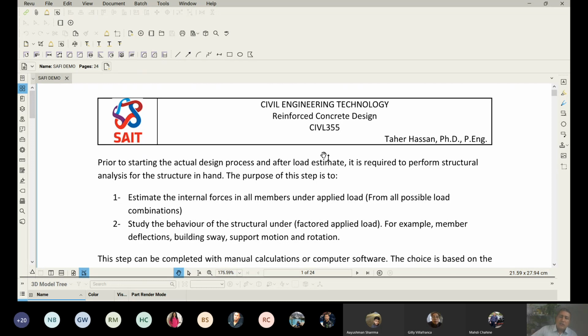Now, I went last week and I improved significantly my tutorial on SAFI from the last few years. So now we have a way better tutorial on SAFI. Let me show you first where to find this, just to make sure that everyone is following and is able to get the document. On your my site, you just have to log in and then go to D2L and go to my course, which is the concrete design. You go to content,